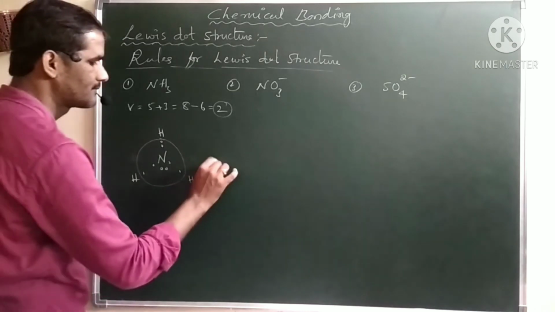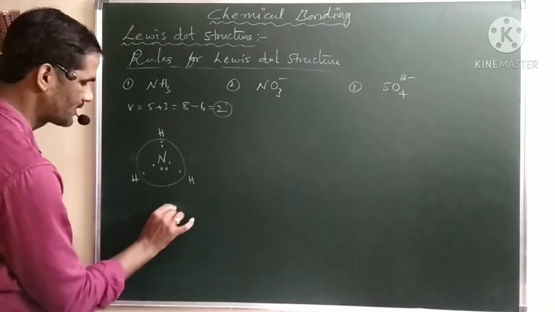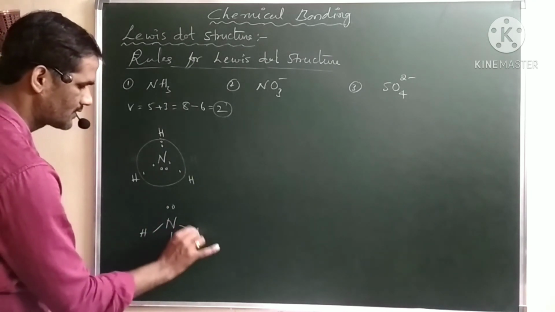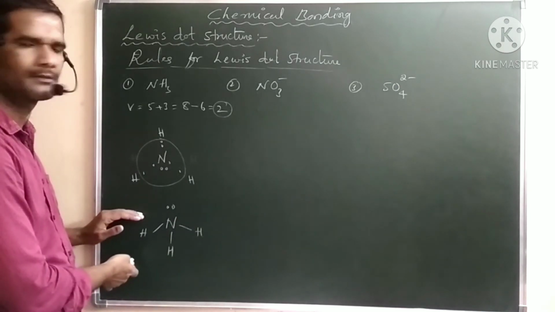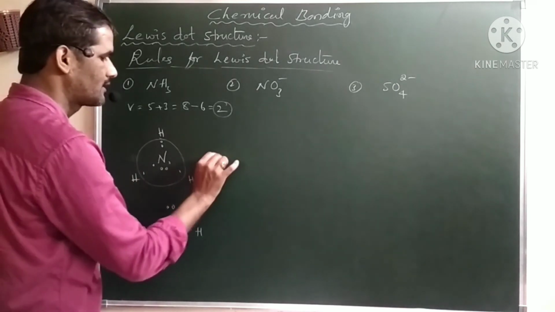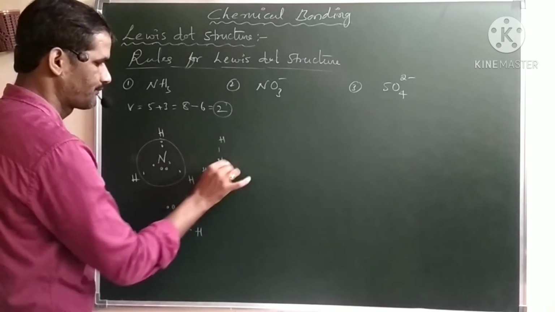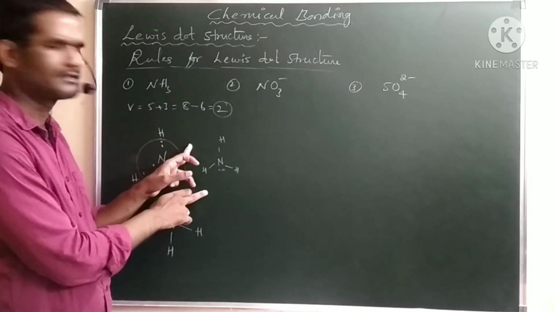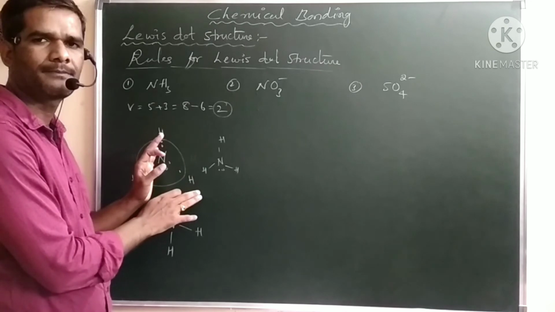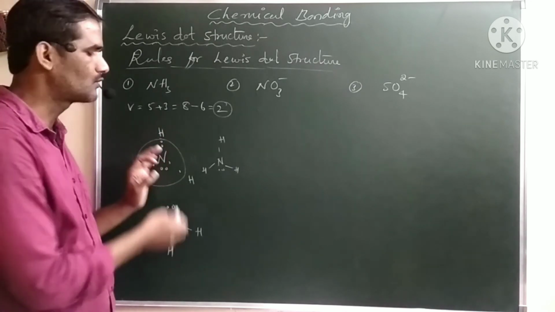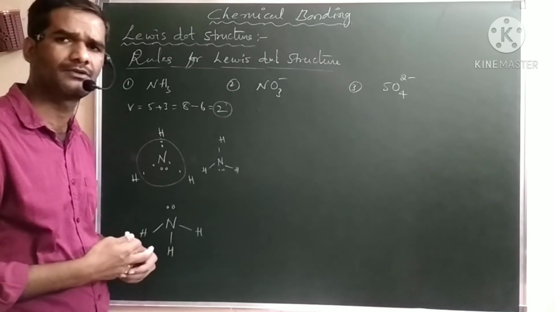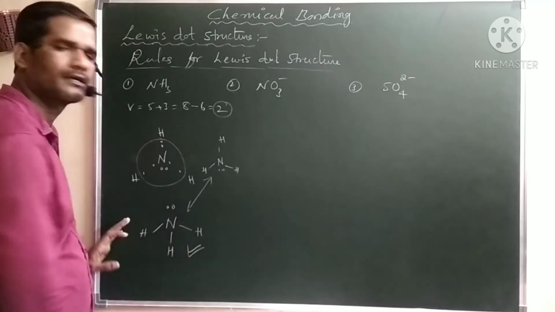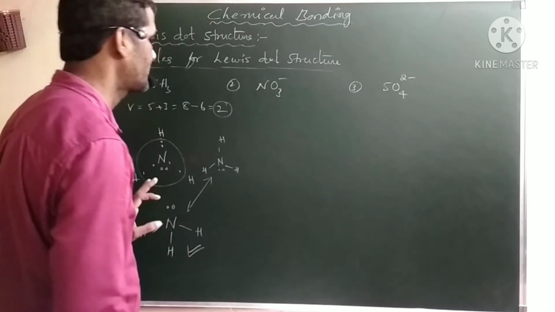So overall what we will get? Nitrogen having a pair, then you can write 1 hydrogen, 1 hydrogen, 1 hydrogen. This is the actual representation, but according to Lewis you will get the symmetrical representation like this. This is not the original structure actually. Lewis will not give the prediction about the type of the structure, only how to draw it. It will not give any further information about the structure. And according to spectroscopic data, this is the correct representation. Anyhow, no problem at all there.